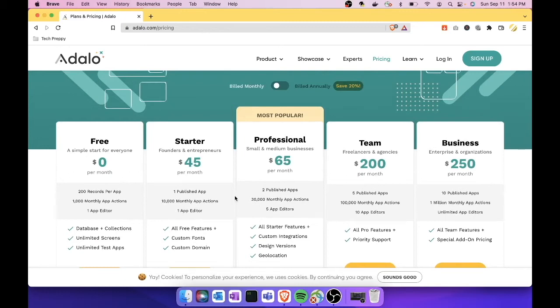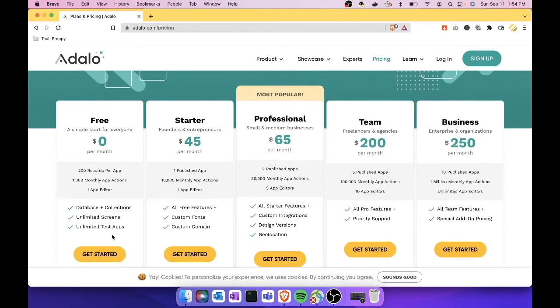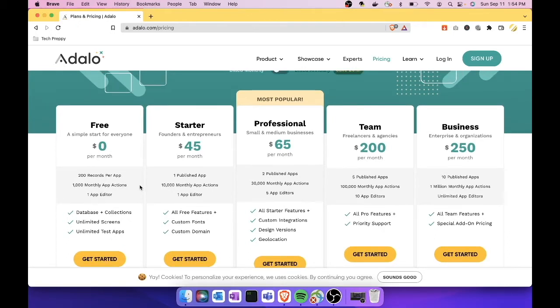So in this tutorial, we will start with free, just to show you how powerful it is, even though you're starting with a free subscription. So the first thing you need to do if you want to try Adalo is to register, which in my case I already did. All they need is your email address, set your password, verify your email, and then you're good to go. So in your case, if this is your first time, then you need to click sign up. But I already registered, so I'm just going to click login,